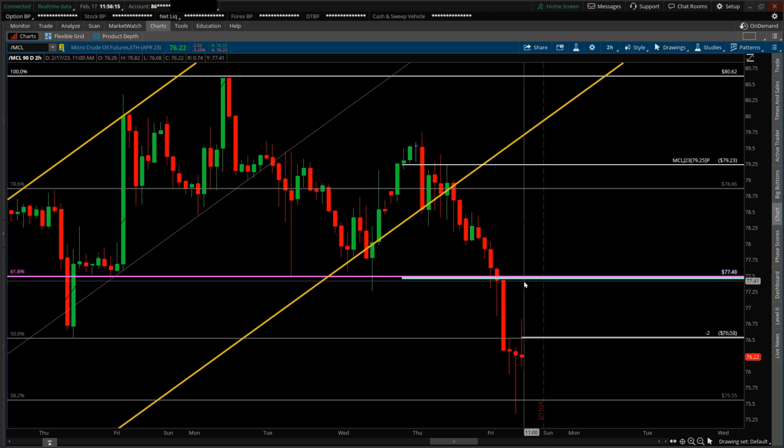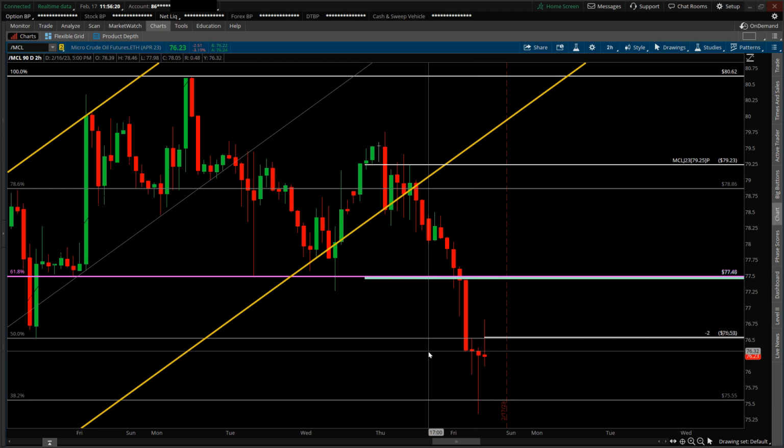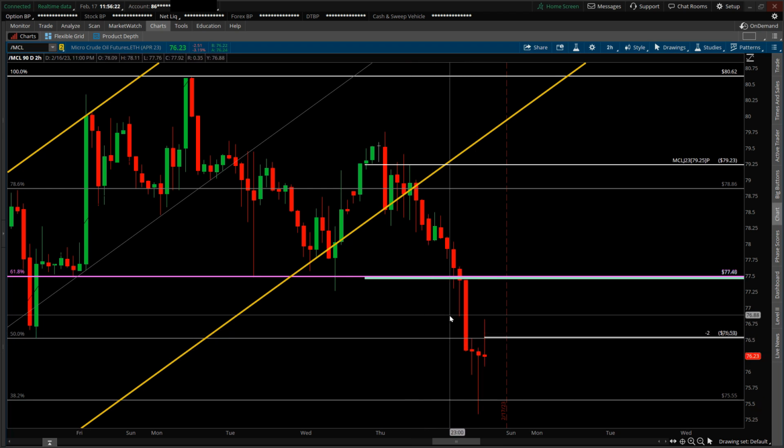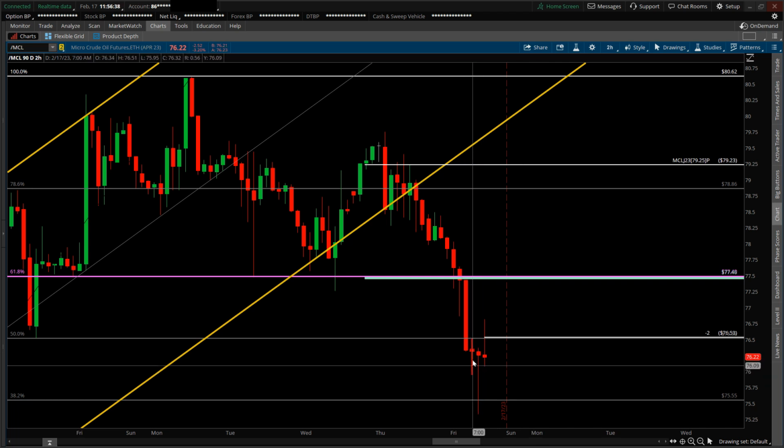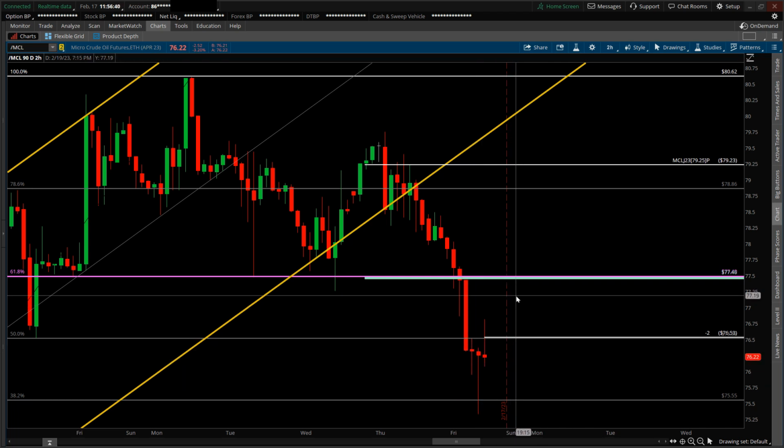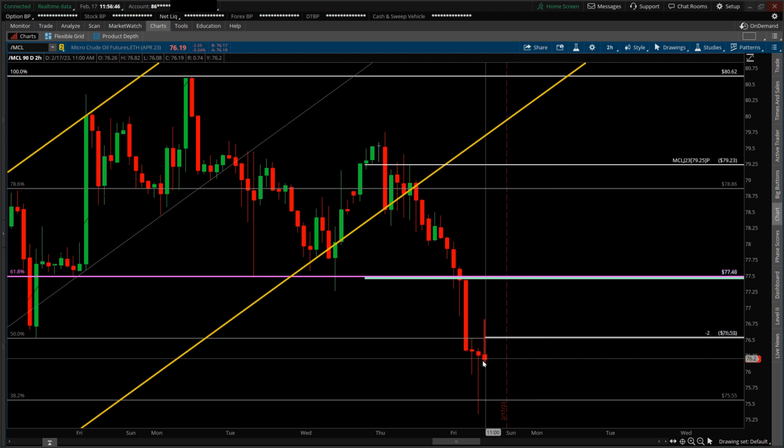I am still in the trade for the option contract, and I am anticipating a broader move to the downside heading into next week or towards the end of the month. So I may jump into another option contract, but I will wait till next week. If there's another move to the upside, that should bring the price down, and then I'll shop around for another option contract. However, for the futures,